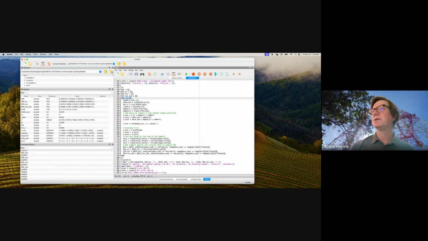I think it stops at 9 dB actually, yeah, because they subtract 1 here. So we go from 0 to 9 dB, and we add some noise, and